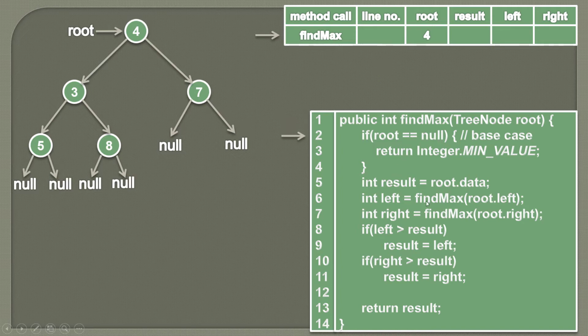So here, as the algorithm is recursive in nature, we need to provide a base case so that we can exit from the algorithm. If we don't provide this base case, then findMax will again call findMax and it will go on, because there will be no end. So we need to provide this base case that if the root is null here, then we can simply return the minimum value from here.